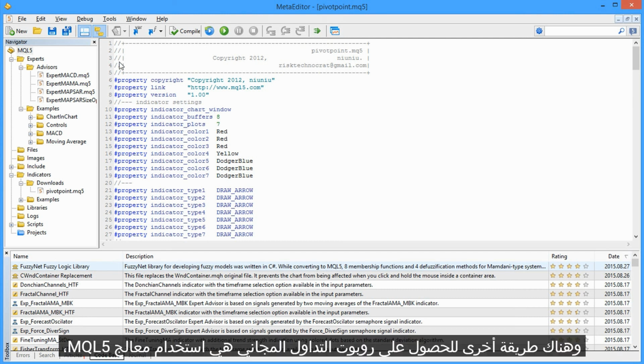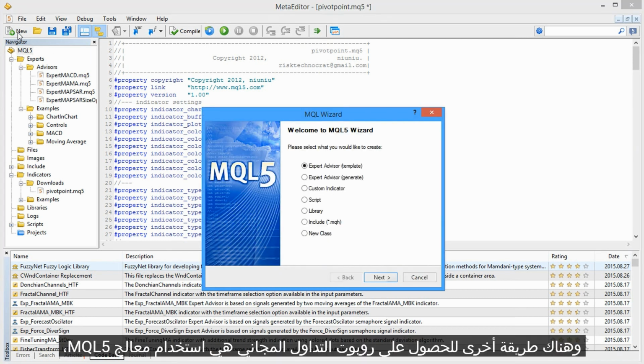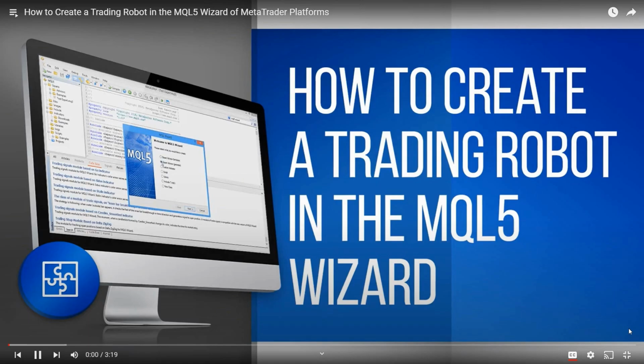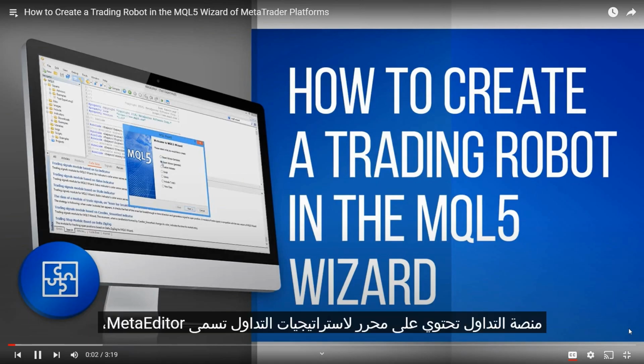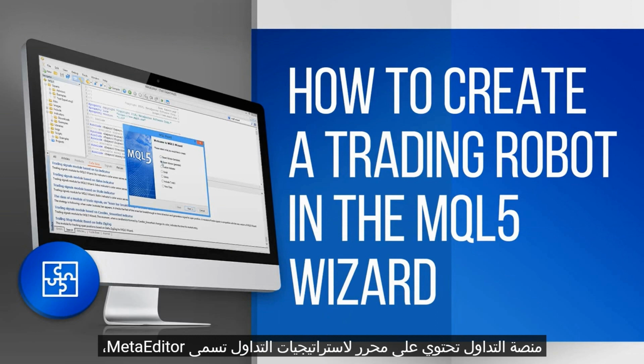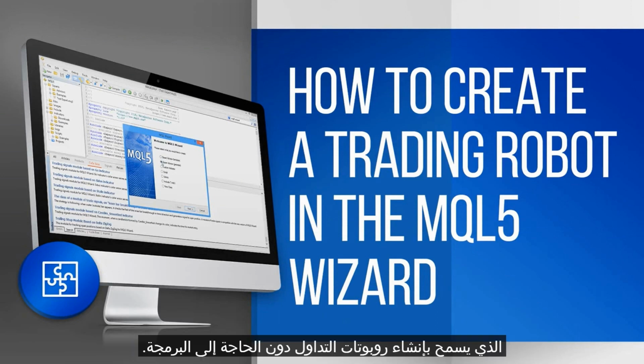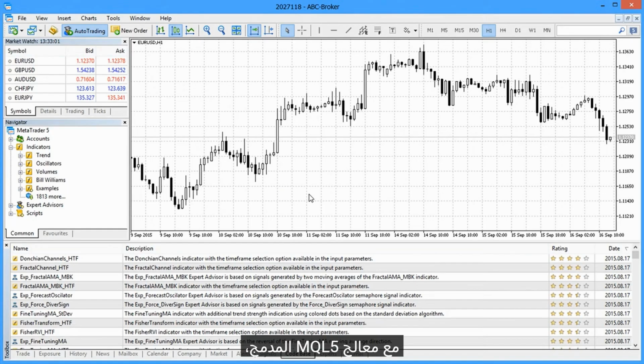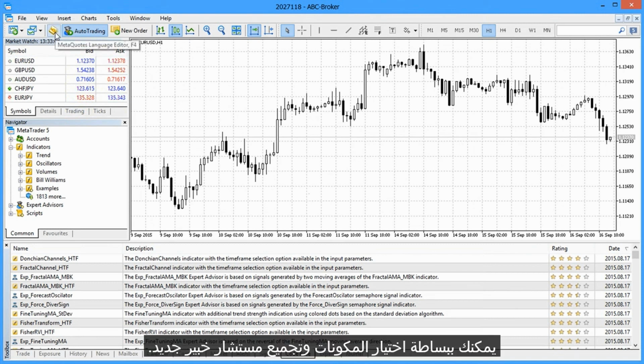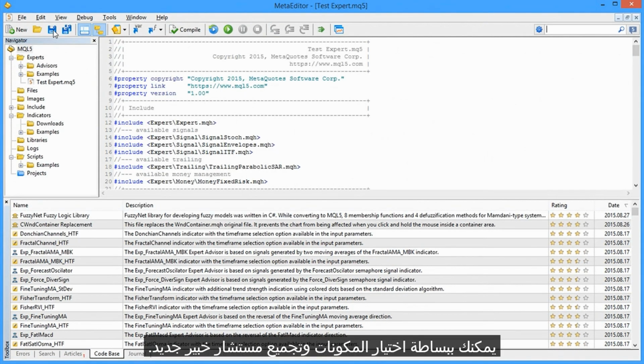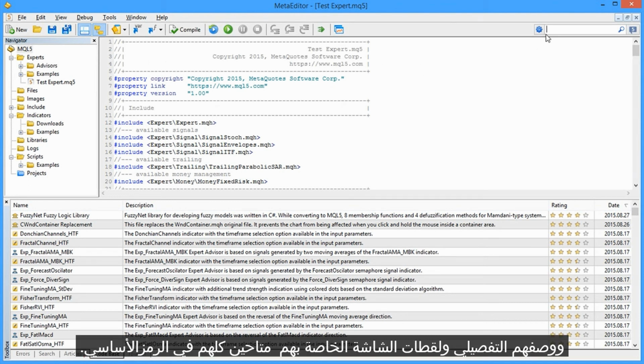Another way to obtain a free trading robot is to use the MQL5 wizard. The trading platform contains an editor of trading strategies called Meta Editor, which allows creating trading robots without programming. With the built-in MQL5 wizard, you simply select the components and assemble the new expert advisor. Over 50 expert advisors have been created in the MQL5 wizard, and their detailed descriptions and screenshots are all available